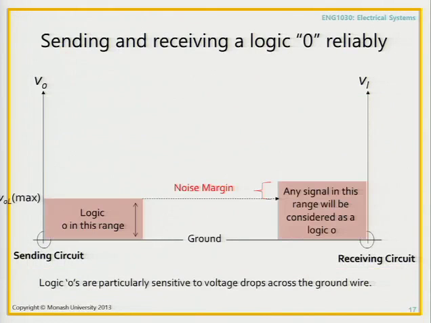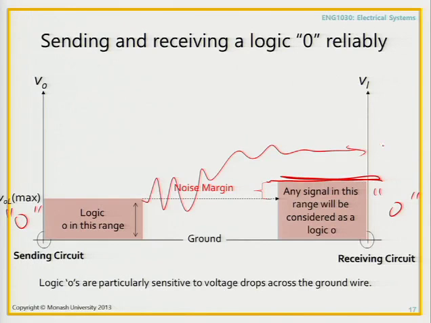Okay, so similarly, if I send a low voltage value, you want to have some sort of margin for error which says that anything received up to this value we interpret as a logical 0. So on this side we say, oh, it's a 0. On this side we say, oh, okay, I did receive a 0. So again, if there's noise that brings this outside the range, well, we'd say this is